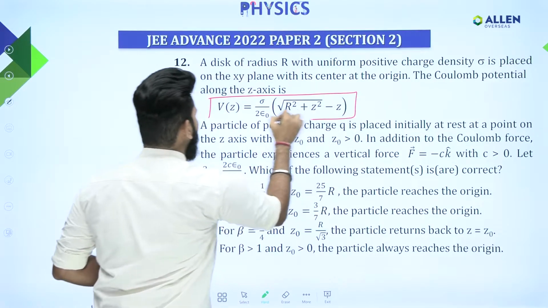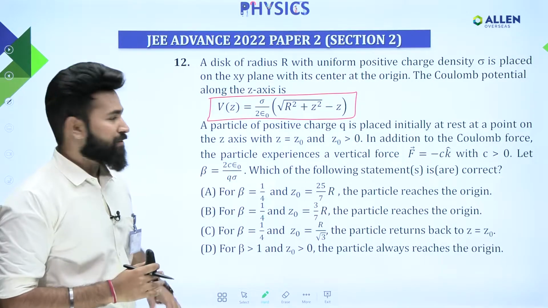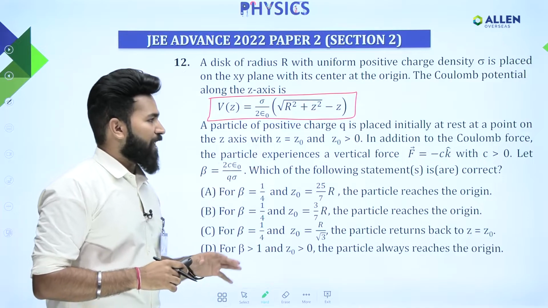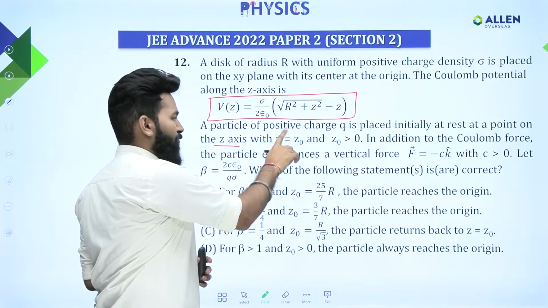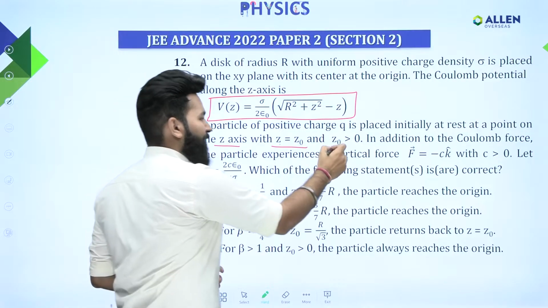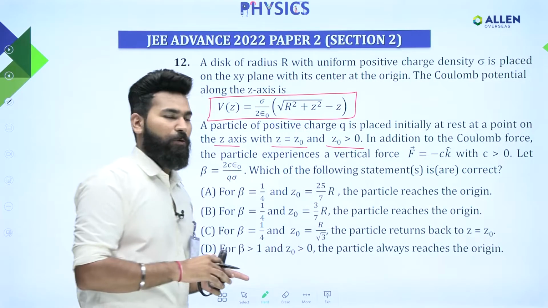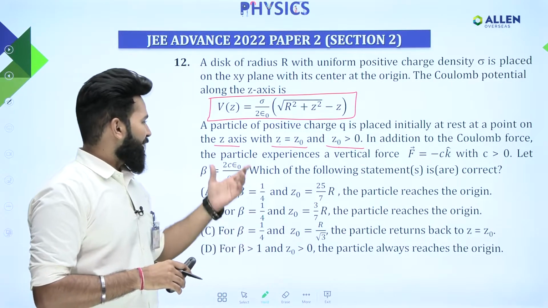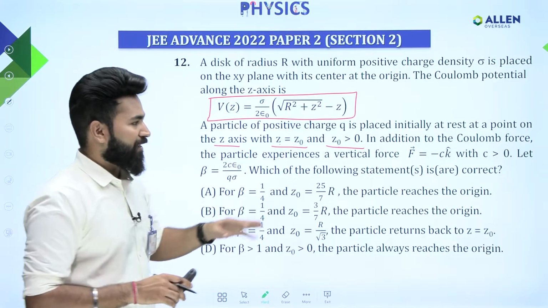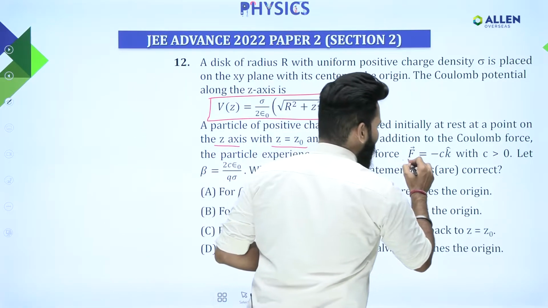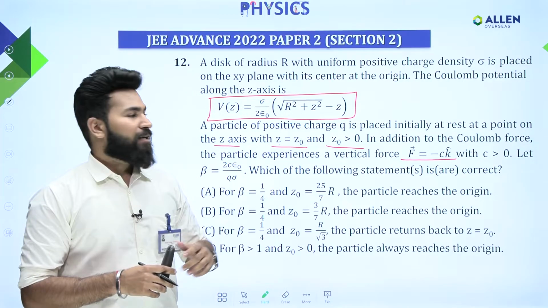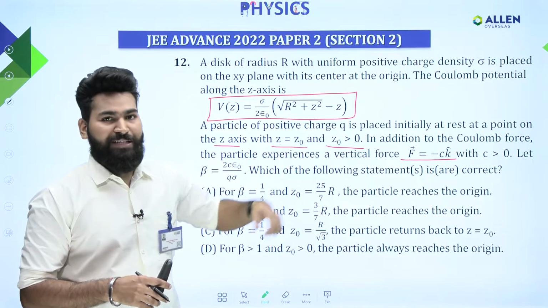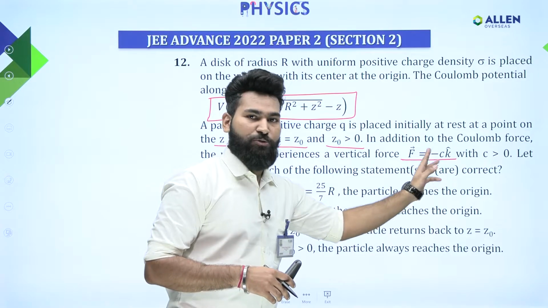The potential as a function of z is given to us, and a particle of positive charge q is placed initially at rest at a point on the z-axis with z equal to z0, and given that z0 is greater than 0. So in addition to the Coulomb force, the particle experiences a vertical force given by F equals to minus c k cap. That means the force is acting in the negative z direction and its magnitude is equal to c,